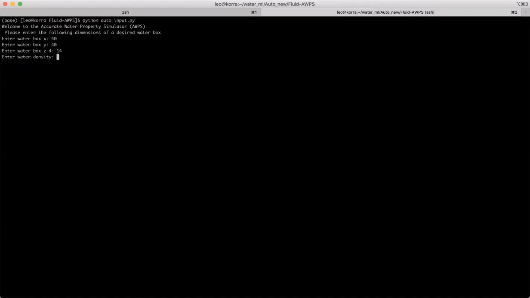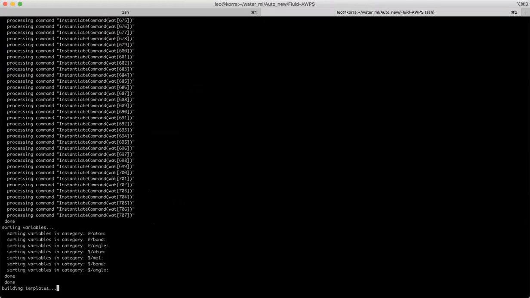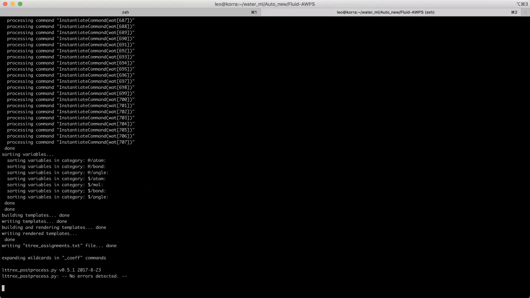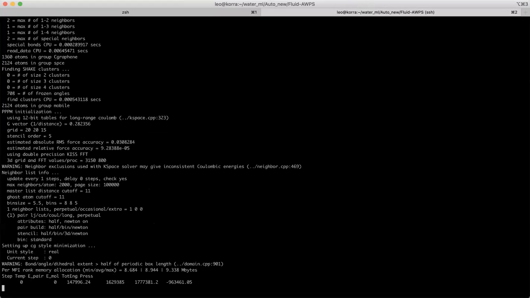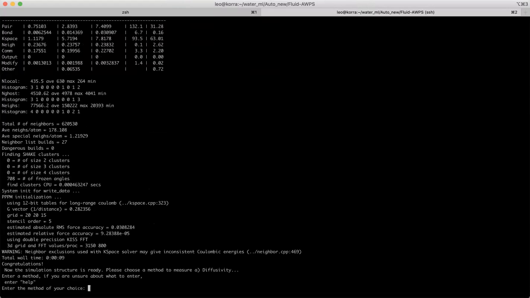Next I will enter the water density. For example, if I want the water density to be 0.9, I can enter this number and hit enter. Then the program will go ahead and generate a water box using PACKMOL to get a PDB data file, and from that PDB to a LAMMPS data file using the Moltemplate. And after getting the Moltemplate,